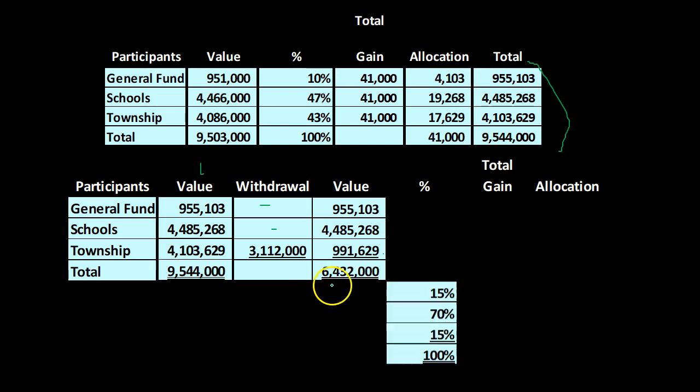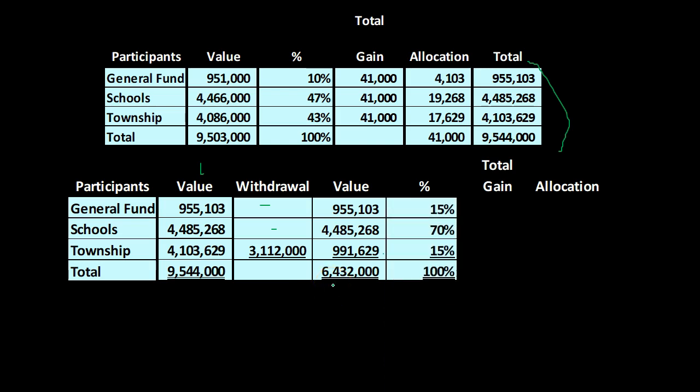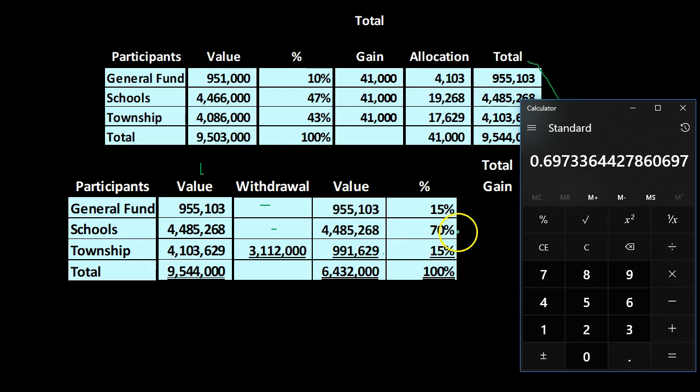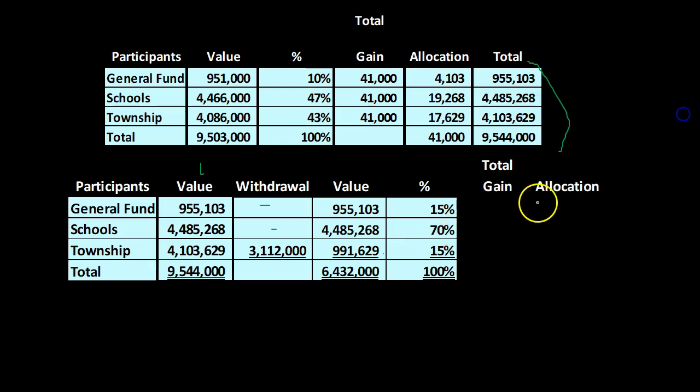So we're going to pick up new percentages by doing our percentage type thing, which is going to be something like 955,106,103 divided by the 6,432,000. That gives us our 14 or 15% about. And if we did that all the way down, the 4,485,268 divided by the 6,432,000, that gives us our about 70%, and so on and so forth